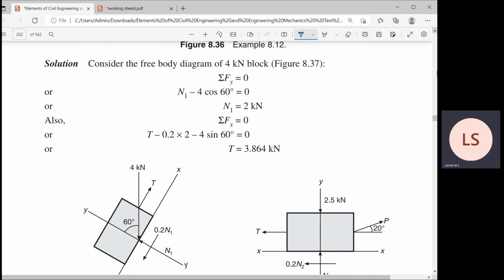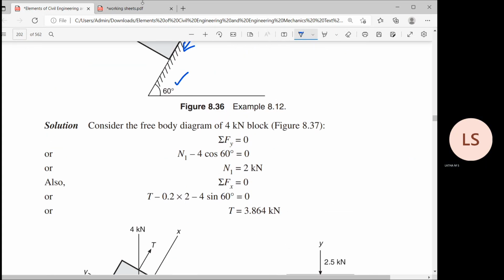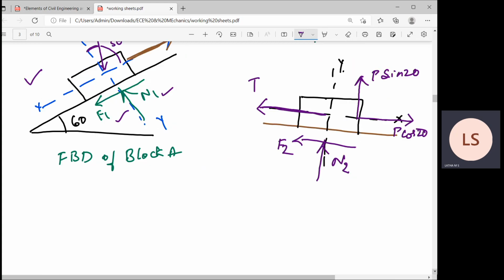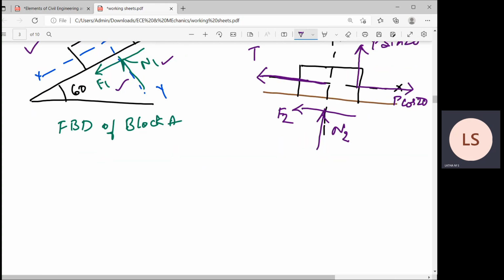Now, to start with, I'll start with the block of 4 kilonewton, this block A, right? Because the number of unknowns is less. T is unknown, N1 is unknown, F1 is unknown. Here P is unknown, F2 is unknown, N2 is unknown, T is unknown. So many unknowns are there. I'll start with the lesser number of unknowns. So apply equations of equilibrium to block